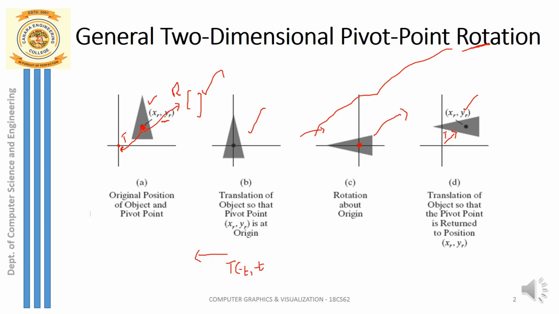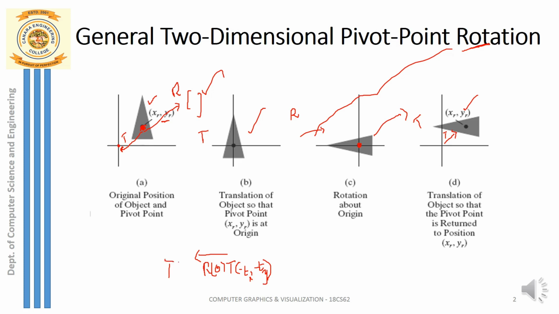That reverse translation I am applying here. And after reverse translation, now you are ready to perform the rotation. So this is a translation, and now here it is the rotation, and here again I am applying translation. So reverse translation is done, and now I am ready to perform the rotation. So rotation about an angle theta I am applying, and after rotation I am going back to my original position by applying the forward translation.